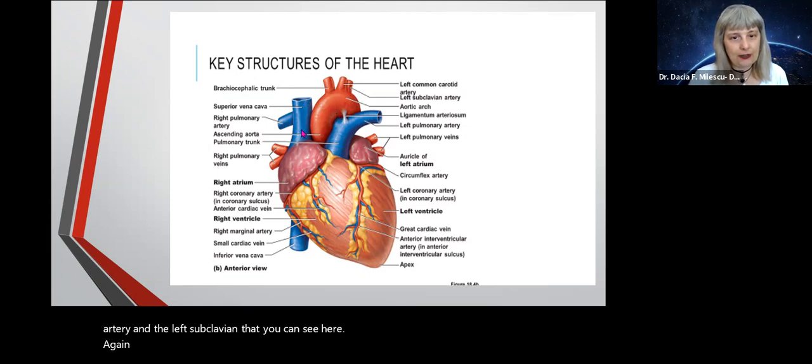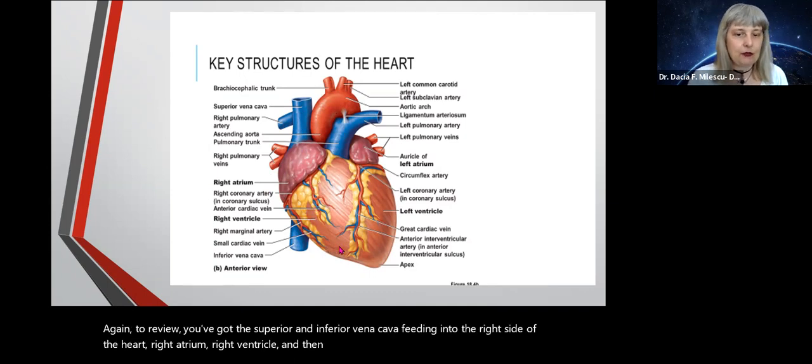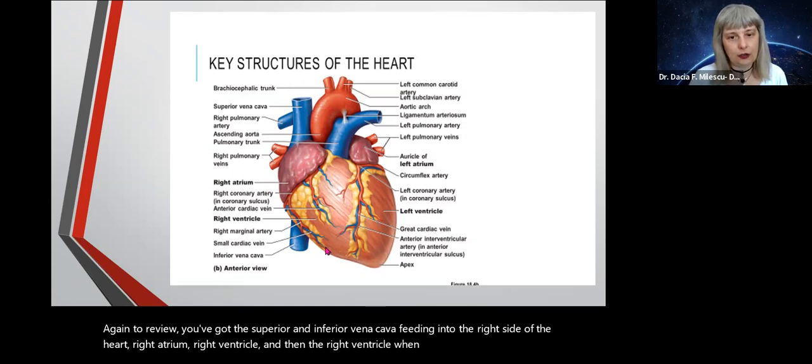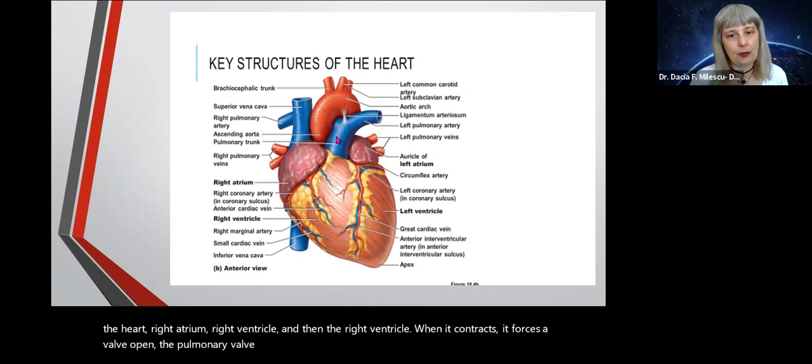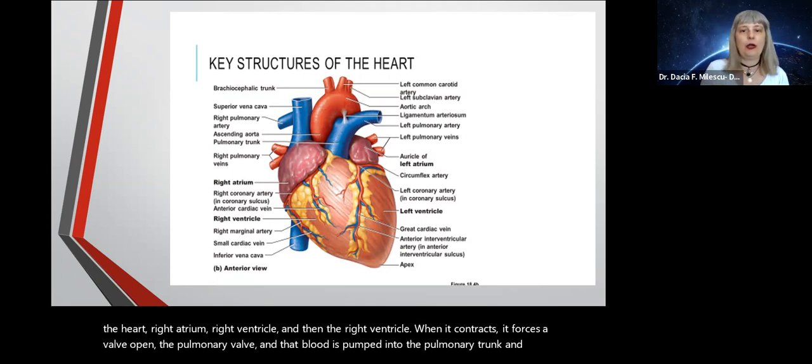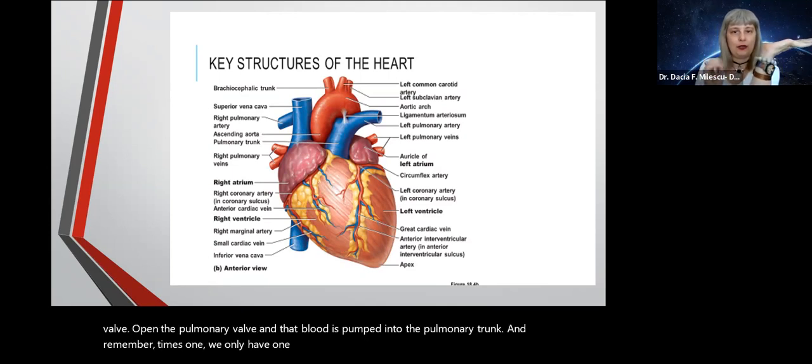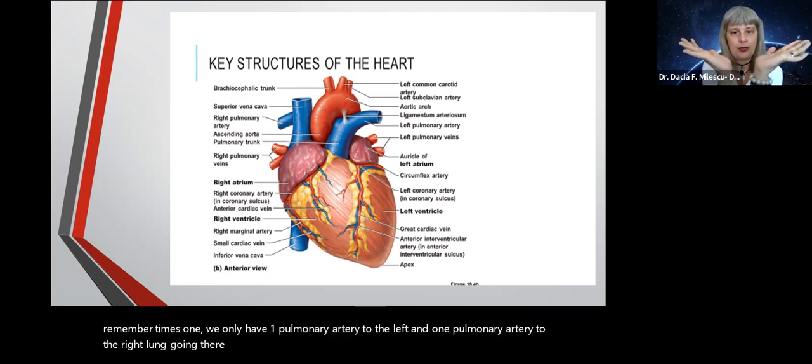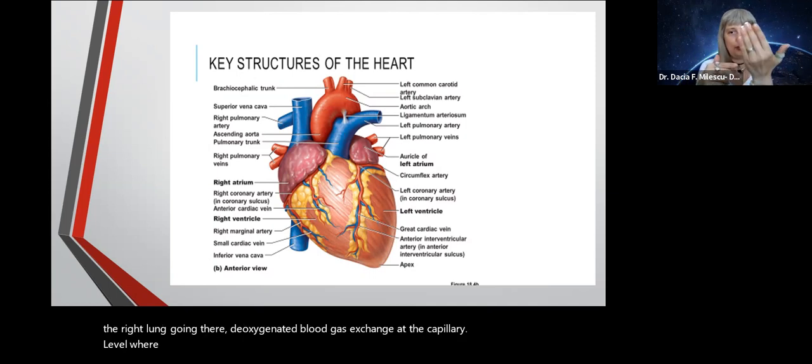Again, to review, you've got the superior and inferior vena cava feeding into the right side of the heart, right atrium, right ventricle. And then the right ventricle, when it contracts, forces a valve open, the pulmonary valve, and that blood is pumped into the pulmonary trunk. And remember, times 1, we only have one pulmonary artery to the left and one pulmonary artery to the right lung going there, deoxygenated blood, gas exchange at the capillary level where the alveoli are providing the oxygen and the capillaries gas diffusion of CO2 to the alveoli